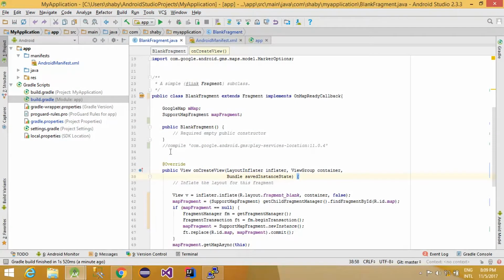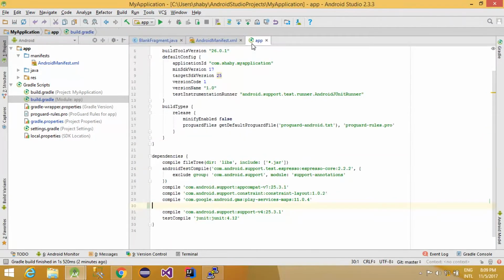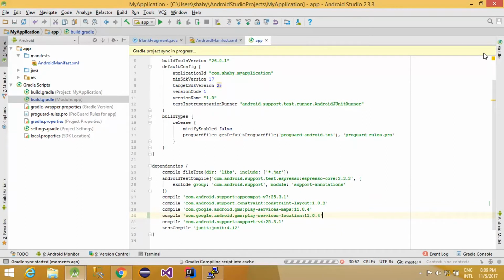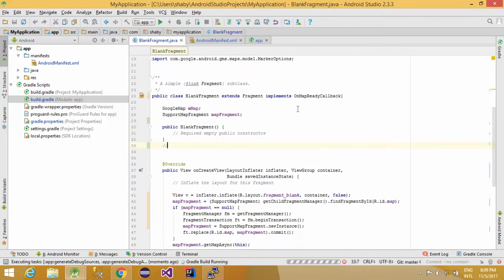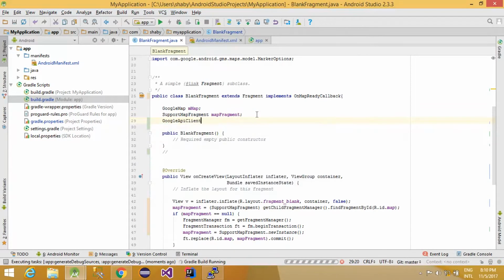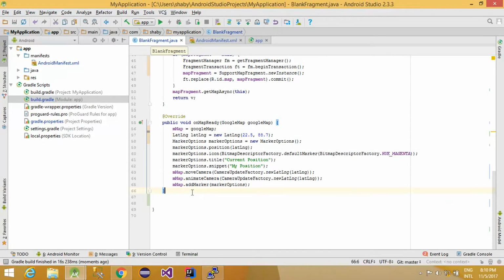and after doing that we have to add a dependency which will help us doing all those reading, and click on sync now. And all this reading purpose is done by a class named GoogleApiClient. We are going to create a variable here for that, and we are going to initialize it somewhere